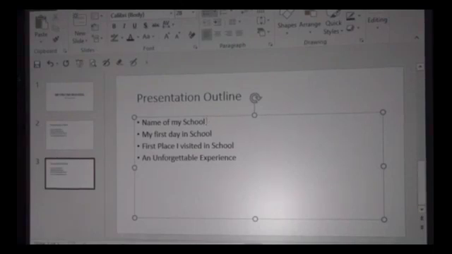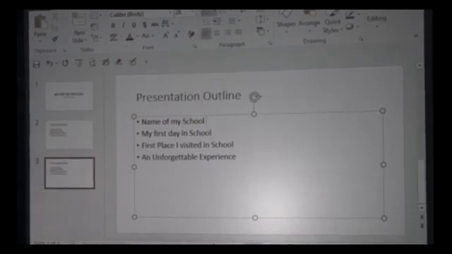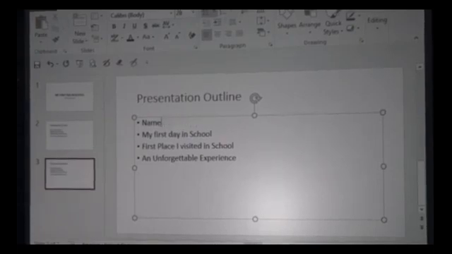Name of my school. As a student, you can leave it this way and add your answers. Additionally, you can provide your answers, because it's all about creativity. I don't expect you to write the name of your school, additionally to put your answers. So from this, I can say name of my school, Abeokuta Grammar School, for example. Then my first day in school, 23rd September